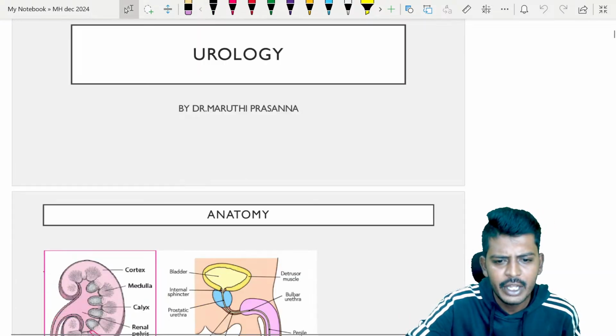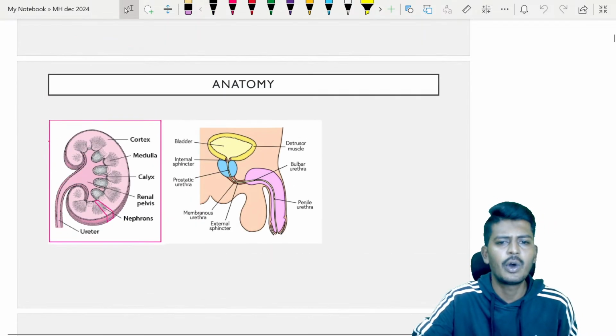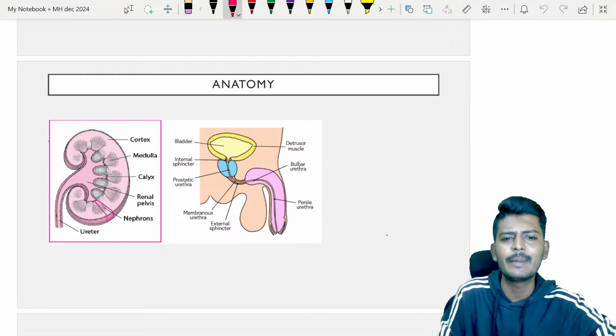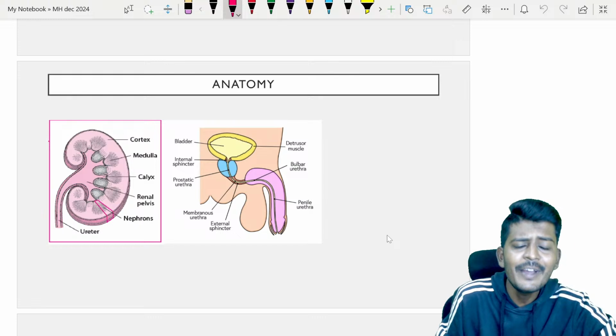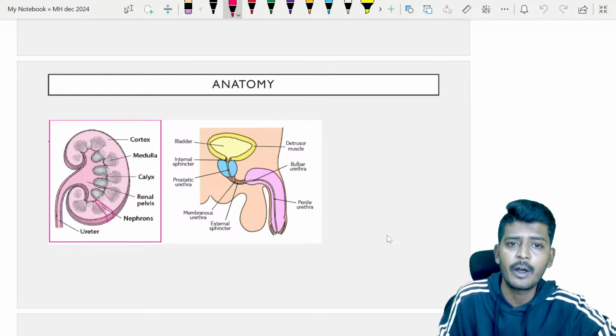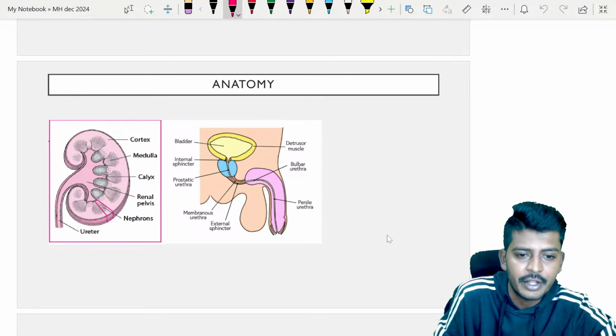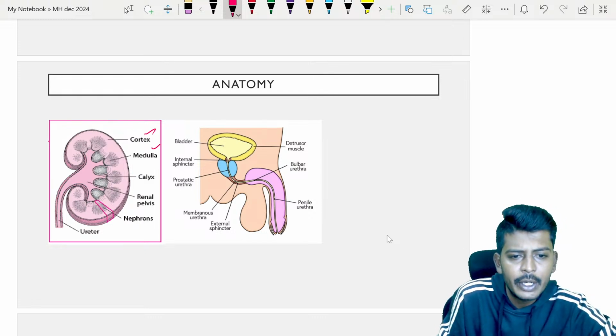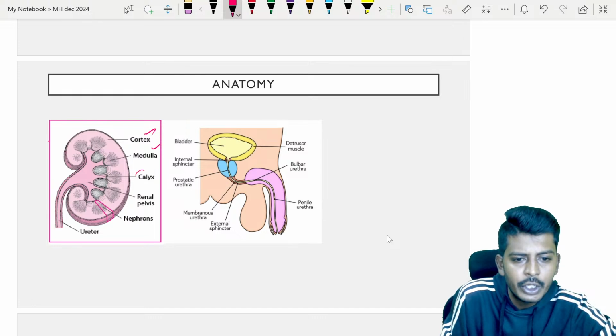Let's start with urology. In urology, all of us know as we speak about urology, so let's go through the anatomy a little bit very quickly. The kidney has two regions, one is the cortex, another is the medulla. Whatever urine is collected from the cortex and medulla goes into the renal calyces, and urine is stored in the renal